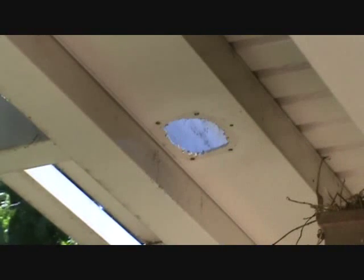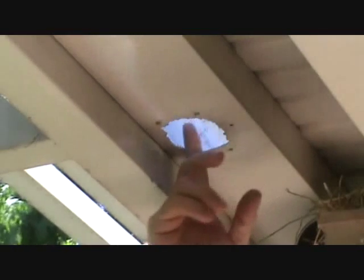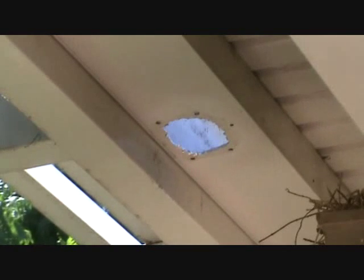Now look how much bigger that hole is now. That's the standard size hole. That's what was up there before. 1 inch in diameter. You know, they didn't have a bigger drill bit or something. But look what I did in a few minutes with a 3/16 inch drill bit. Now I can screw the attachment back up there